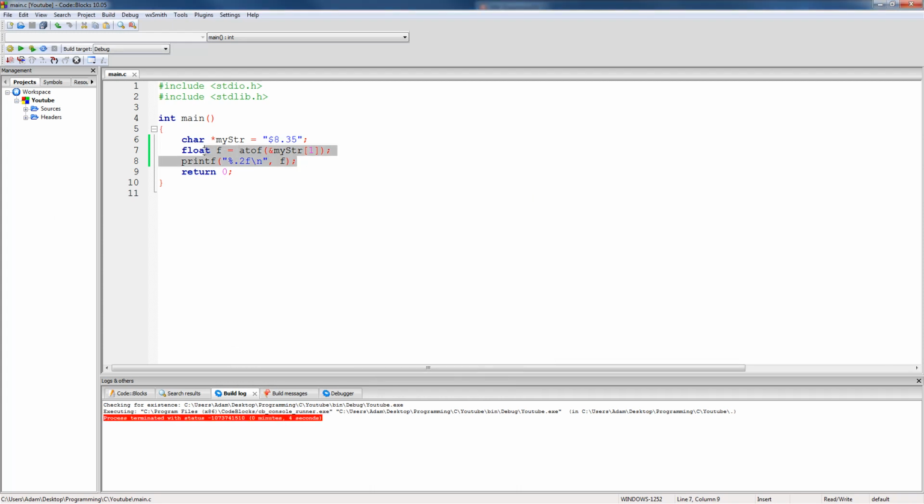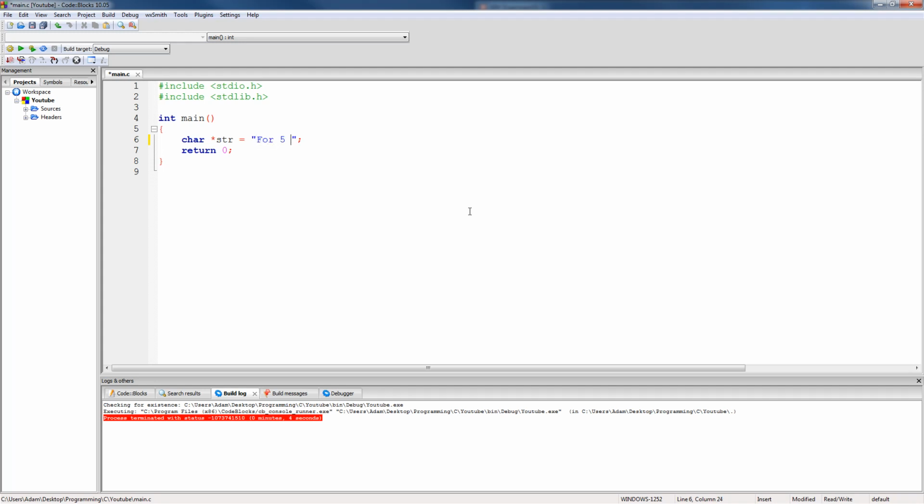Alright, so that's pretty much it for directly converting between a string and an integral or floating point data type. But now we're going to be looking at a function called sscanf, which is the exact same thing as fscanf or just plain old scanf, except instead of reading from a file or reading from the console, we're going to be reading from a string. So we're just going to go ahead right here and create a string called str and just set it equal to